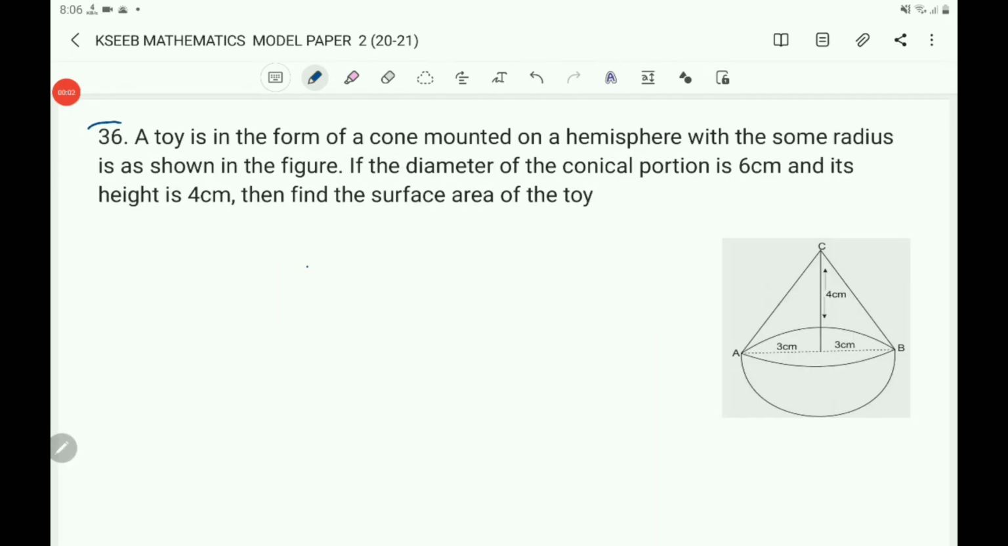Now let us solve the question number 36. A toy is in the form of a cone mounted on a hemisphere with the same radius as shown in the figure. Here it is shown that the cone is mounted on a hemisphere. Both cone and hemisphere are having the same radius. So write the solution